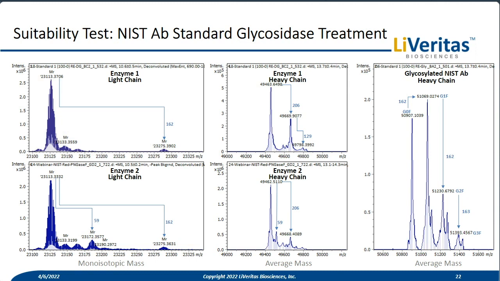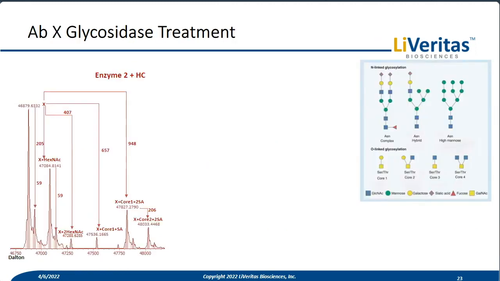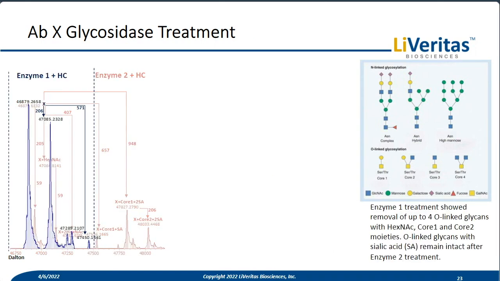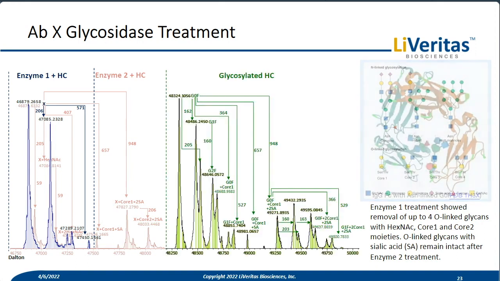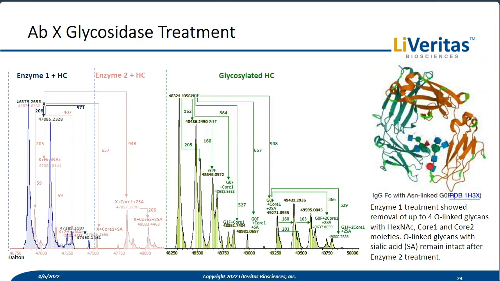With the same thought process, we applied it on antibody X, incubated it with the 2 enzymes. Here is the reduced heavy chain, incubated with enzyme 2. Overlaid with it is the reduced heavy chain, incubated with enzyme 1. And here is the reduced and glycosylated heavy chain of antibody X,